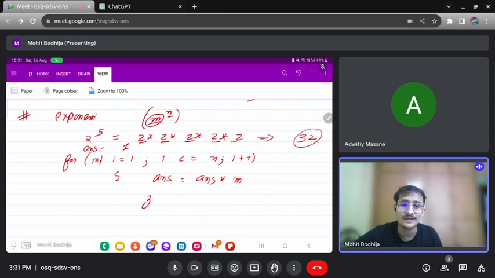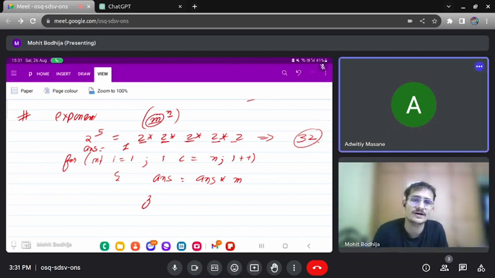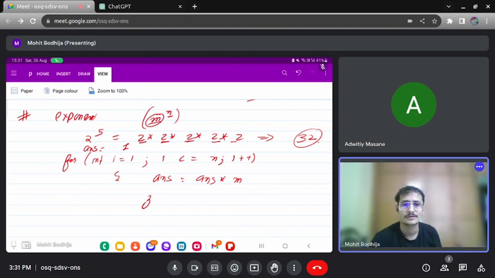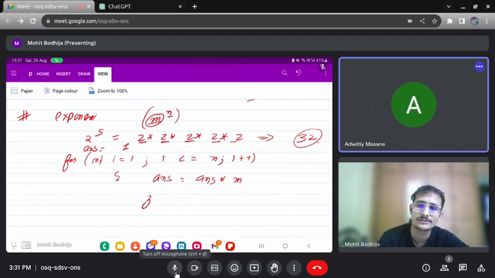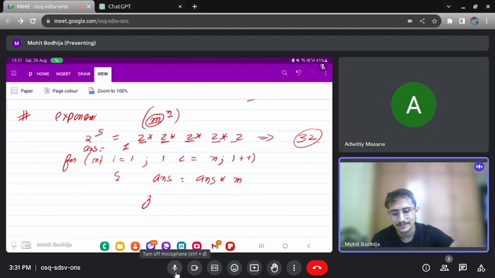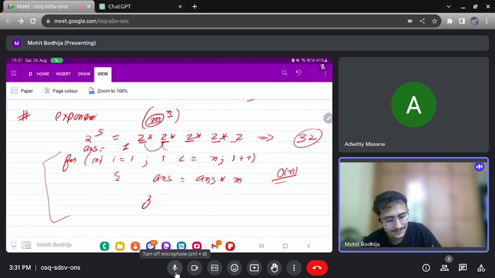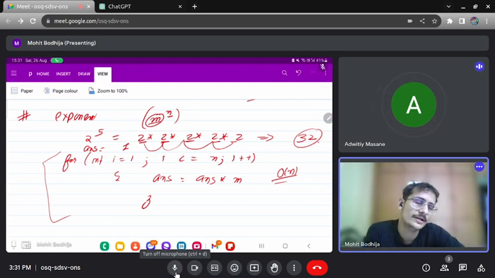But now we are learning recursion. So can you write a recursive code to find the exponent of a function? Just try for 1-2 minutes, okay? I have already written the for loop. So basically here the time complexity will be order of n. Why? Because we are multiplying n times. So you need to write a recursive code for this.